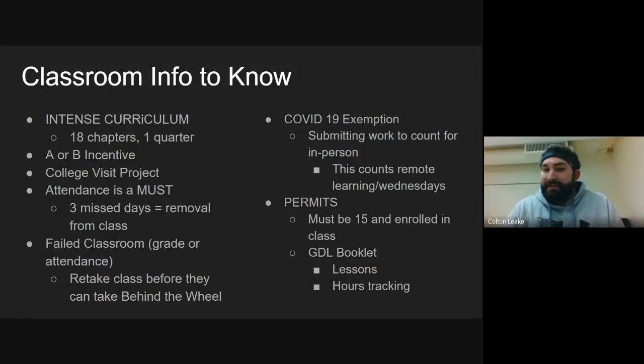That's why it says on there that 3 missed days results in the removal of your child from that class. So as your 3 days happens, for whatever reason other than COVID, and I'll explain COVID, your child is removed from the class period and they have to retake it. I know that kind of stinks.